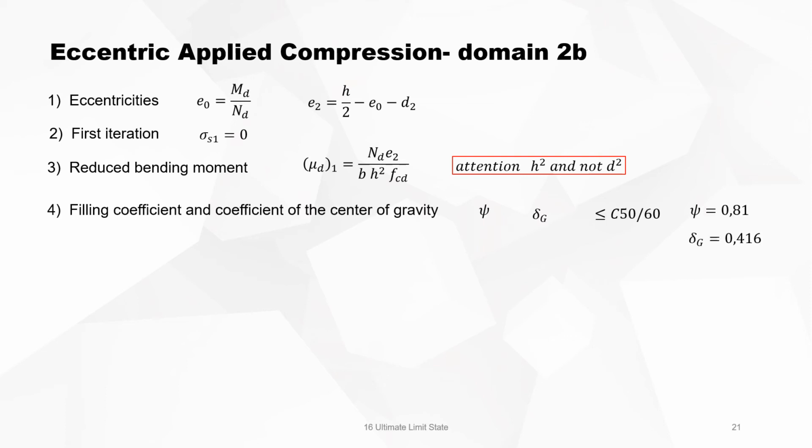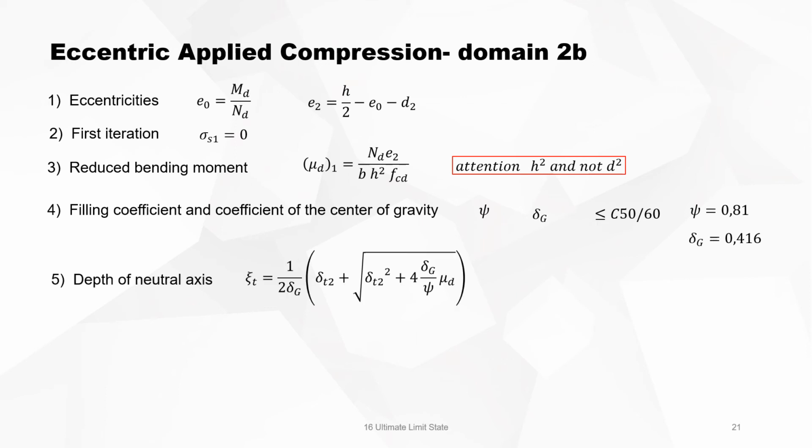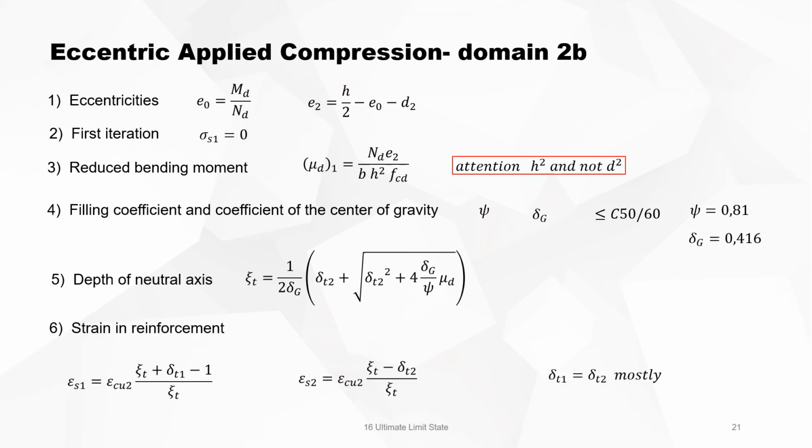Then the filling coefficient and the coefficient of center of gravity for concrete grade smaller than C50-60, it's always 0.81 and 0.416. There are tables for high strength concrete, but this is constant for a constant concrete grade. Then now we calculate the depth of the neutral axis, because all this is now known. Then we want to know what is the strain in the reinforcement at the least compressed reinforcement and most compressed